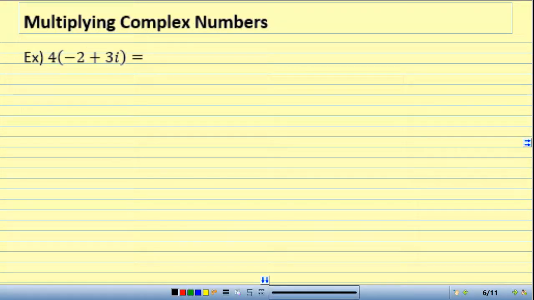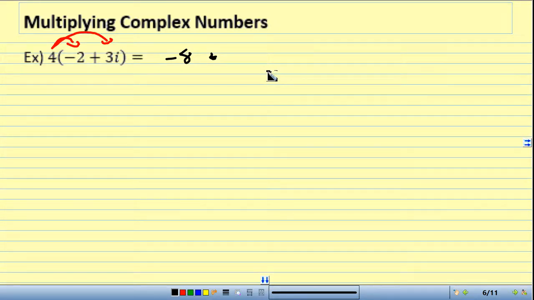And next, we need to multiply complex numbers. Well, first off, you need to understand you can treat the i's just like variables. They have the same, shall I say, je ne sais quoi, same characteristics. So I have 4 times the quantity of negative 2 plus 3i. I can take and distribute the 4 right there. So I end up with 4 times a negative 2, negative 8. 4 times a positive 3i,